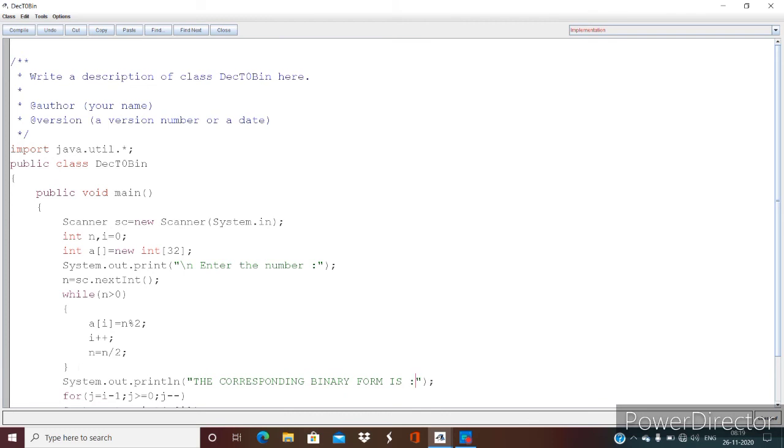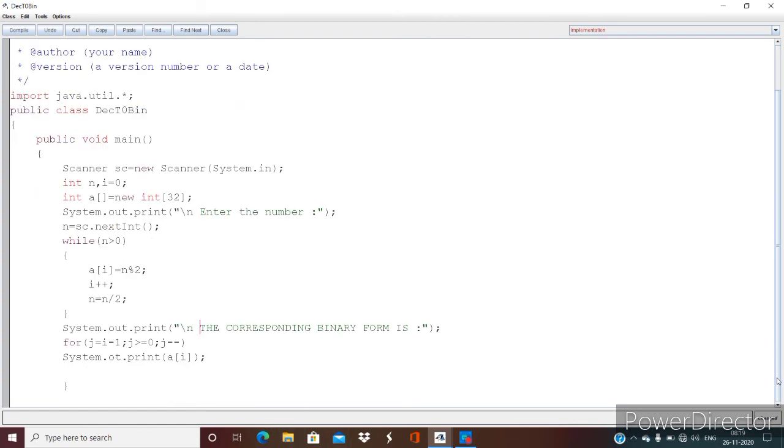Here also I'll use the escape sequence \n and not println. So that's it. This is the program that is going to display the binary form of a decimal number. I have to close the main and I have to close the class.